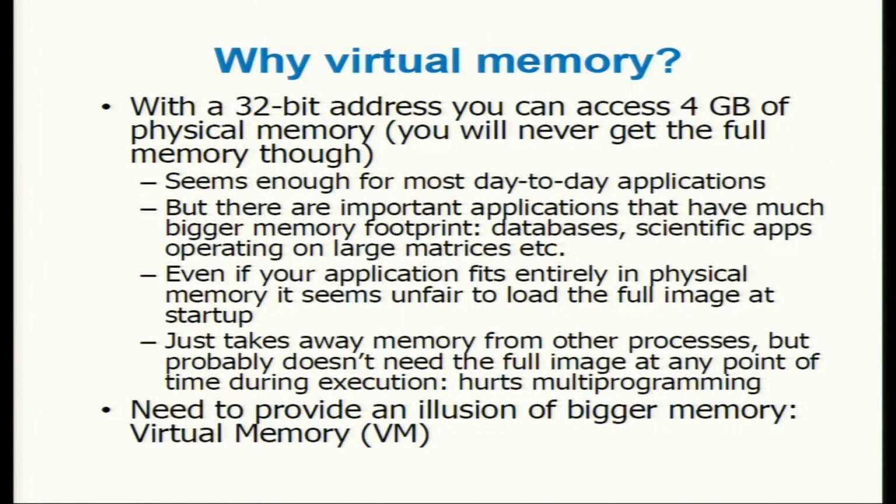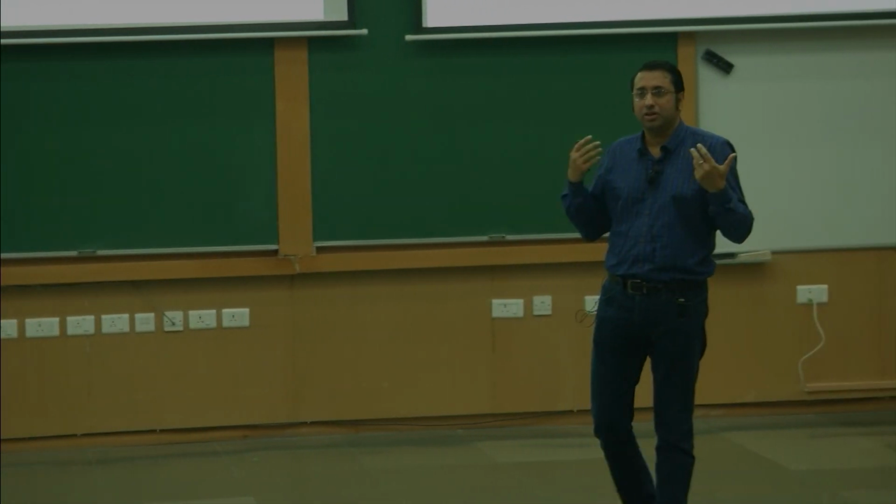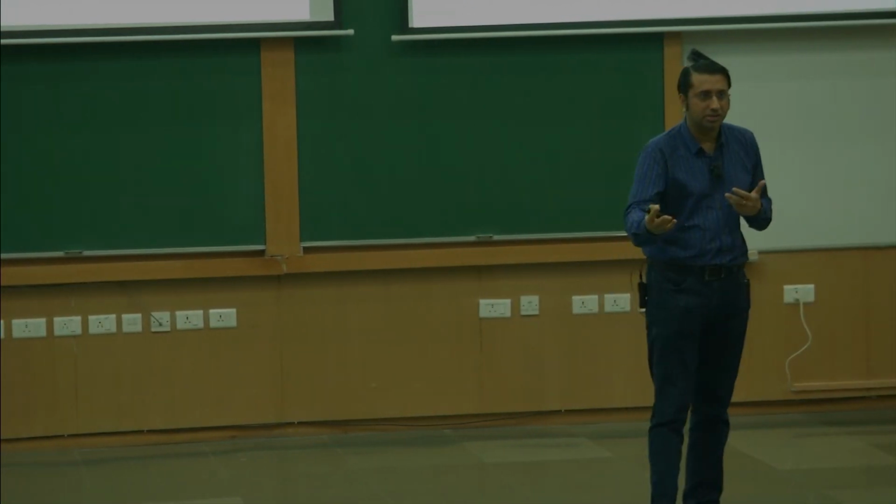Let's spend some time on virtual memory. As you know, virtual memory gives an illusion of bigger memory. That's what we have learned over time, because every process sees a larger amount of memory. For example, if I have a 32-bit virtual address, a 4 gigabyte virtual memory would be given to every process that runs in the system.